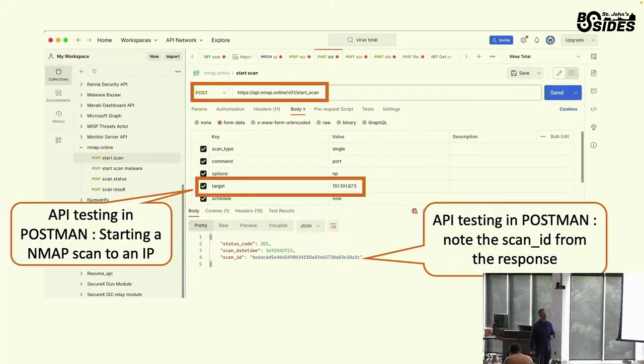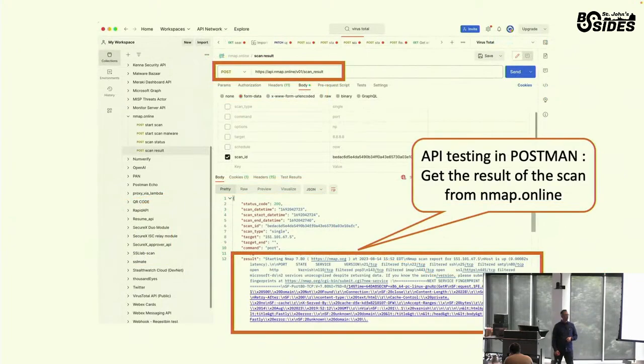So the first request, you ask the service to scan the IP. It gives you, I think, a scan ID. Then you take the scan ID and make another request to get the result. And then you get the result in JSON format, of course.